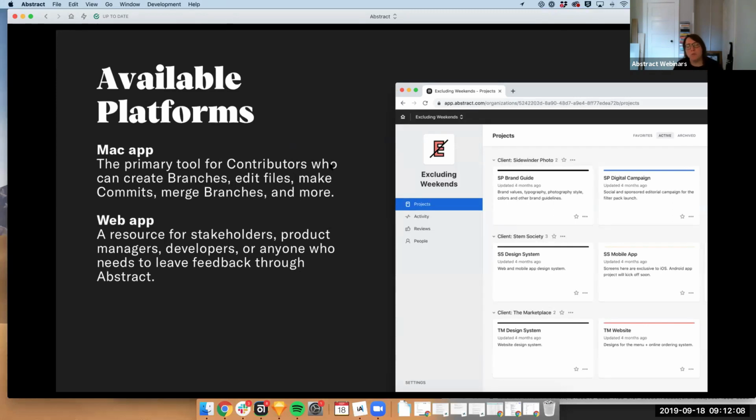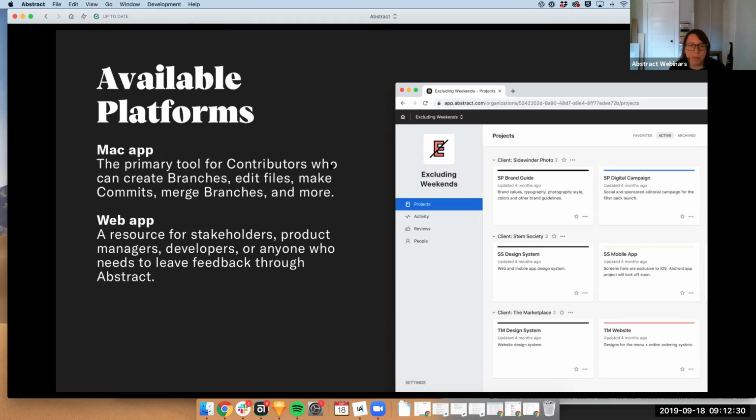Available platforms. We have a Mac app and we have a web app. The Mac app is for anyone who's actually editing sketch files, and we call those people contributors. In the Mac app, you can create branches, edit files, make commits, and merge your branches and more.